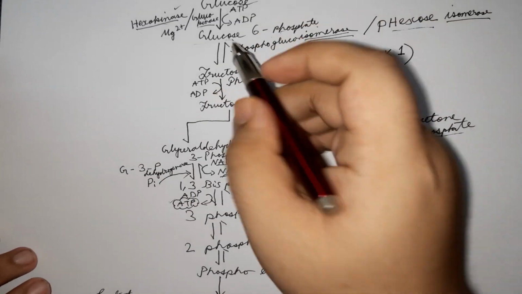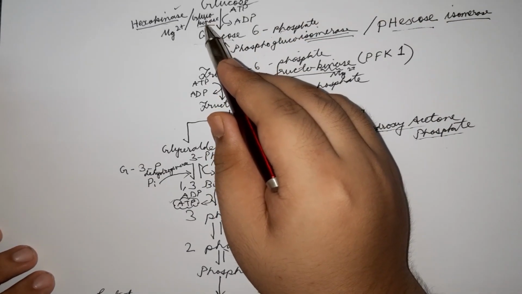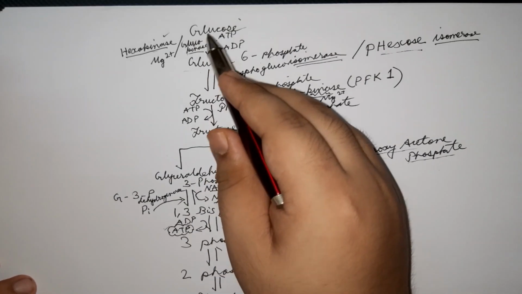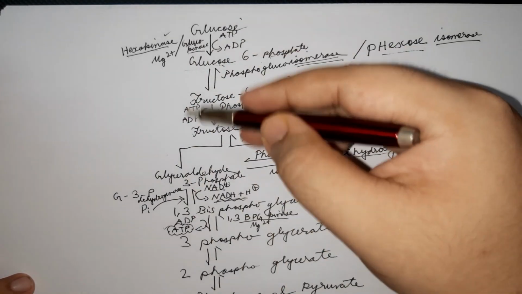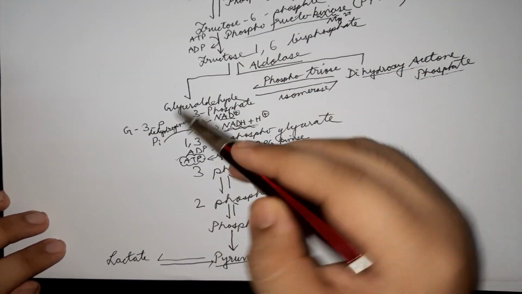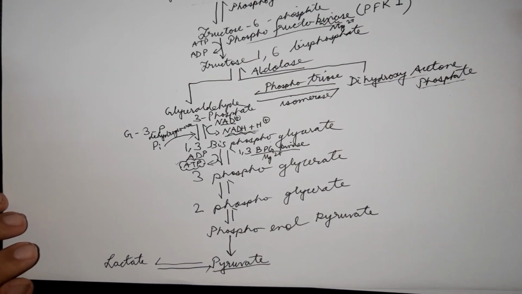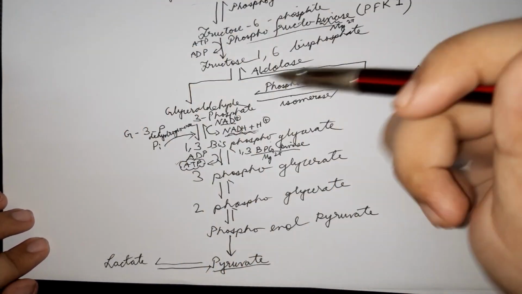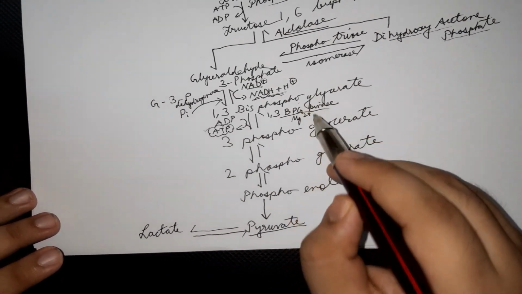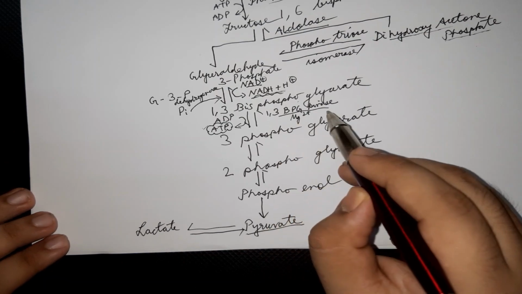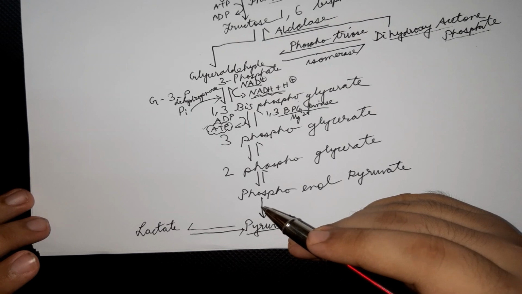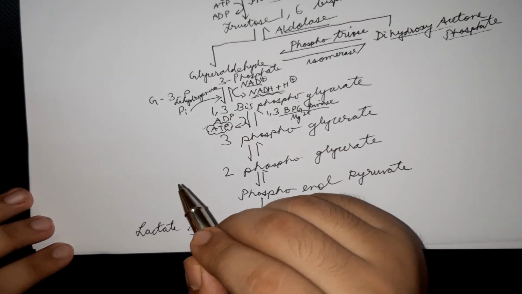In the other cases where kinases were required, they were irreversible steps. Hexokinase or glucokinase: there was only one way to go, glucose to glucose 6-phosphate, not the other way around. Here also, fructose 6-phosphate to fructose 1,6-bisphosphate, not the other way around. Although these steps can be circumvented in gluconeogenesis, we'll talk about that later. Anyways, this is one such step where the name 1,3-bisphosphoglycerate kinase is justified because it's reversible. Okay? And obviously an ATP is formed.